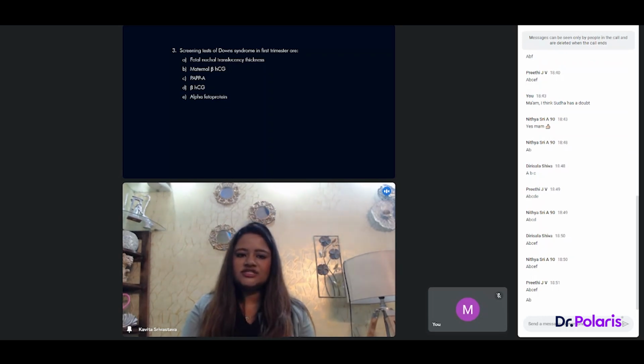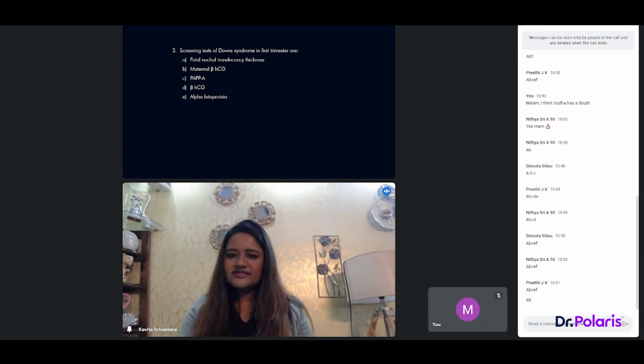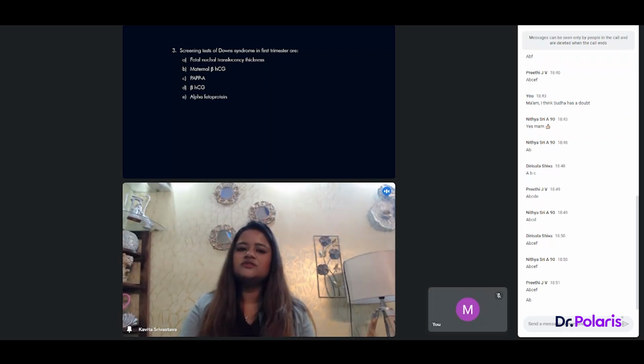So nuchal translucency thickness is a very important indicator for Down syndrome. It is done in first trimester screening on ultrasound. Maternal beta HCG levels are also very, very important, but we also have PAPP-A levels, that is also an indicator for Down syndrome in the first trimester. So there are 2 blood tests that need to be done, known as dual marker,